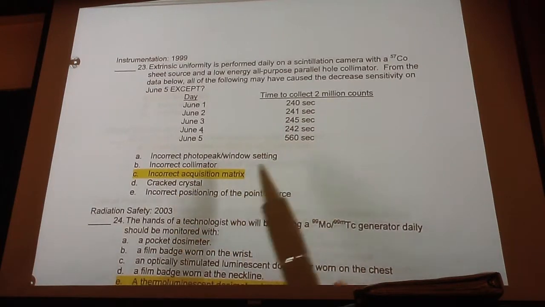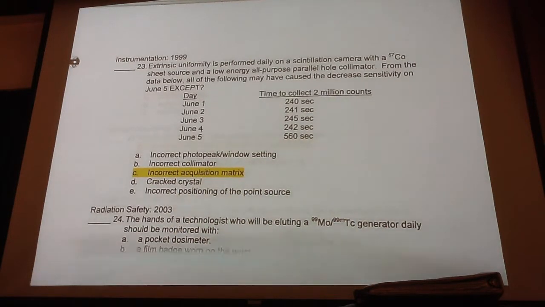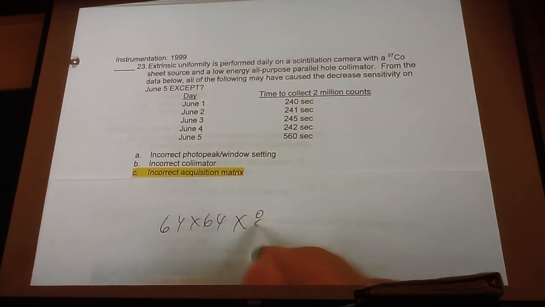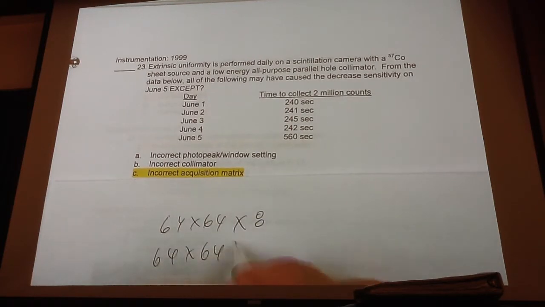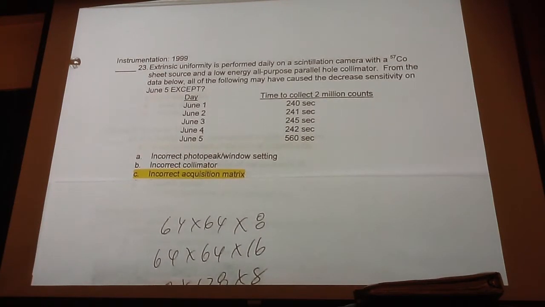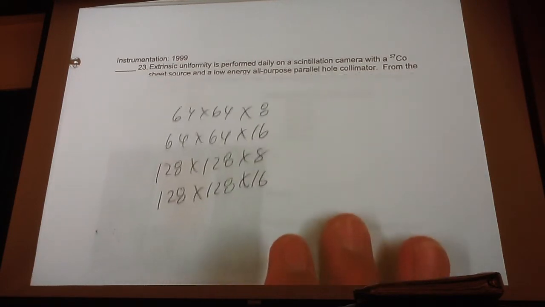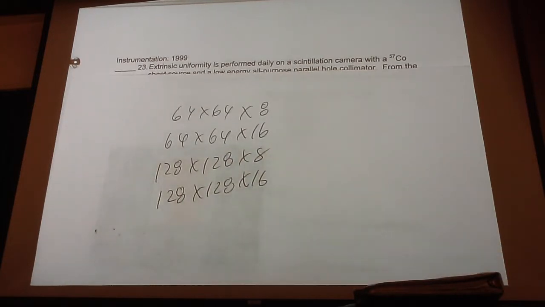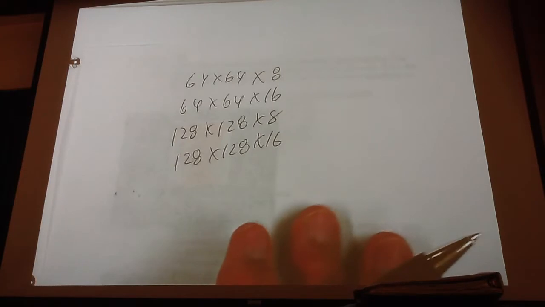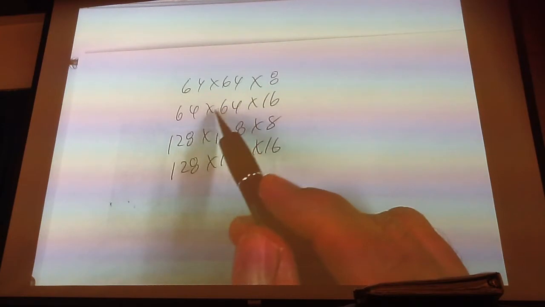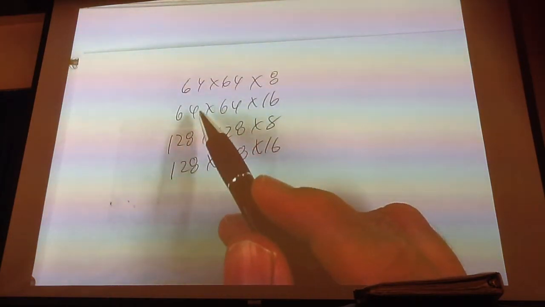Now remember, what are the acquisition matrices? 64 by 64. Yeah, you got 64 by 64. You might have 64 by 64 by 8, or 64 by 64 by 16, or 128 by 128 by 8, 128 by 128 by 16. What do all of these different things mean here? That's the window. Pixel size? Basically, yeah, this gives you a general idea of what the resolution of the image is, but